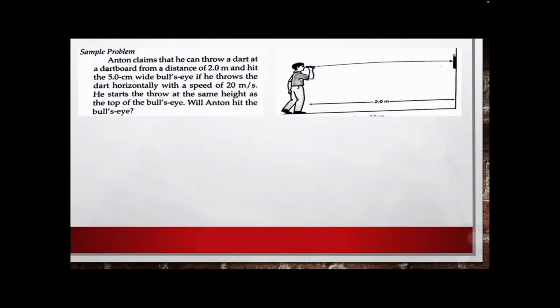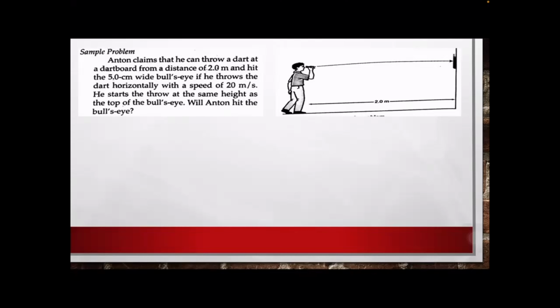So, the given natin is Anton. And Anton claims that he can throw a dart at the dartboard a distance of 2 meters and hits the 5 centimeter wide bullseye. If he throws the dart horizontally with a speed of 20 meters per second, he starts the throw at the same height as the top of the bullseye. So, will Anton hit the bullseye? So, that's the question. Now, in order to solve that given,